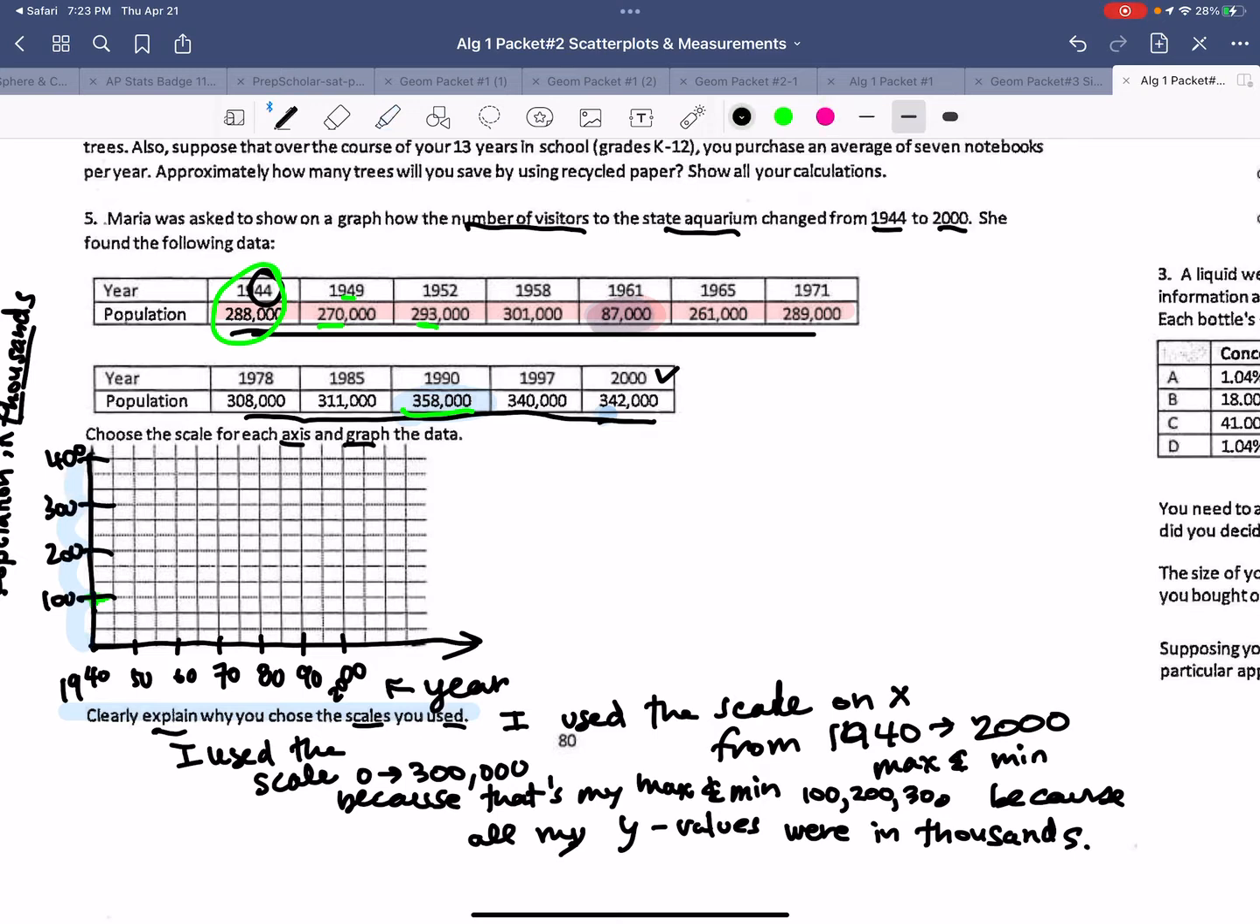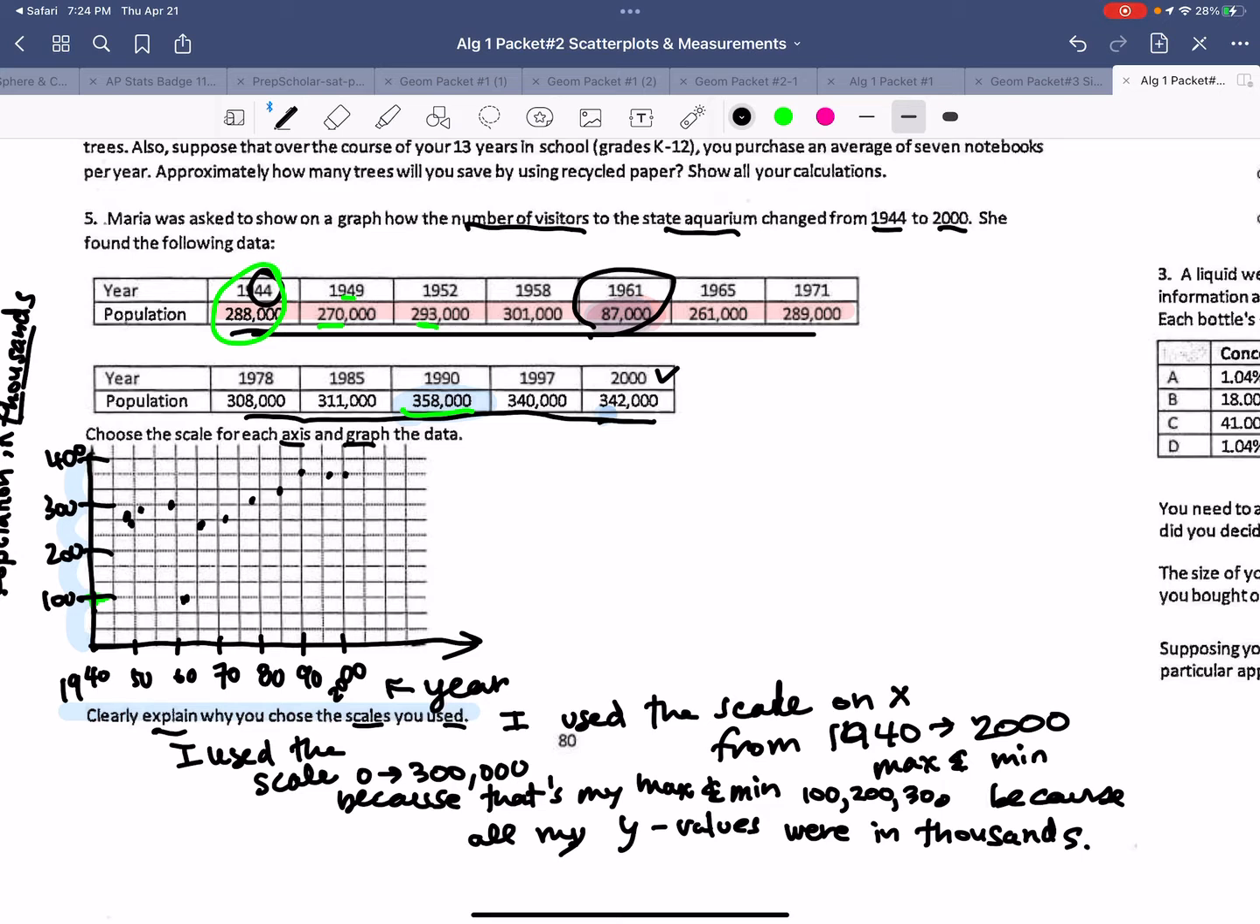Okay, so 44, 288, 49, 270, 52, almost 300, 58, pretty much 300, 61 is 87, so you see how we know that's a big drop. 65, back up to 261, 271 at 280, 1978, 308, 85, 311, 90, 360, 97, 340,